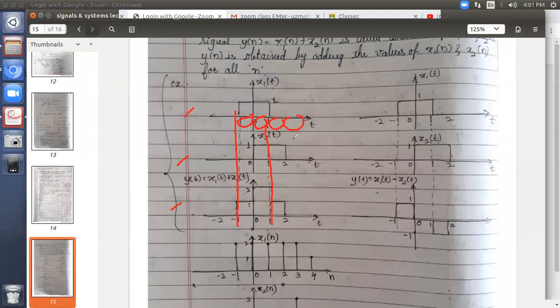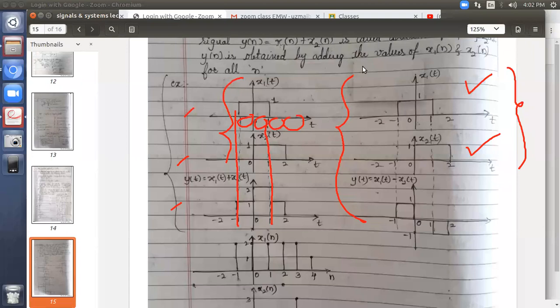So try to have the habit of drawing the signals one below the other with the equal distance. Try to use pencil and scale preferably. Okay. I hope you understood this first edition. Let's take one more problem. If you observe the x1 of t and x2 of t, both this first problem and the second problem, the signals given are same. No difference.